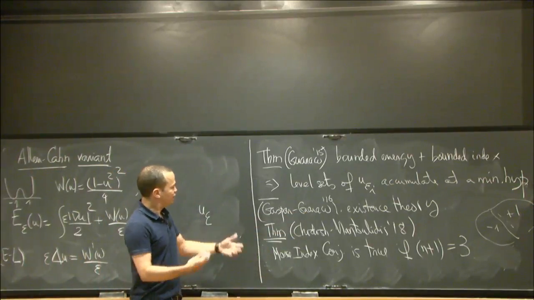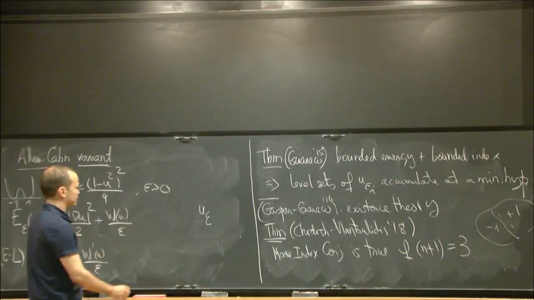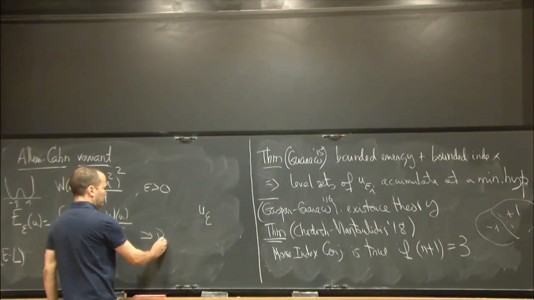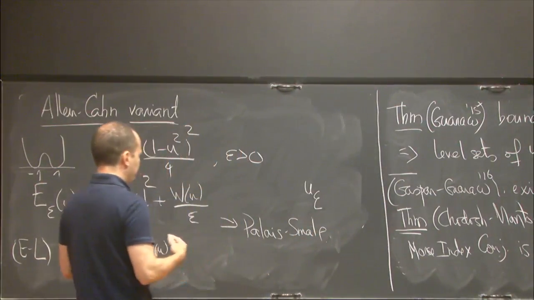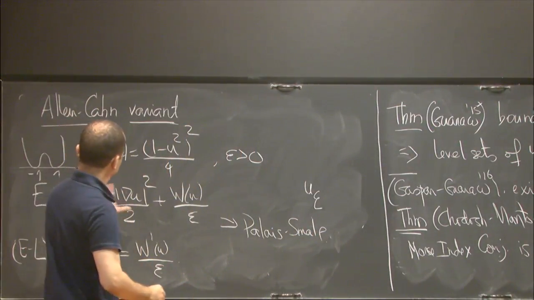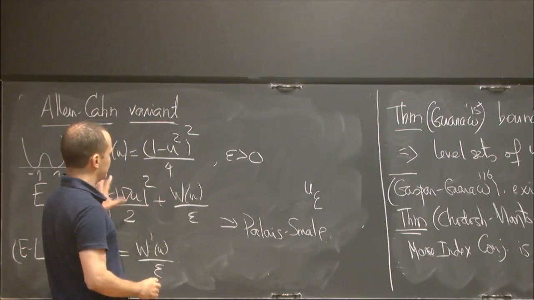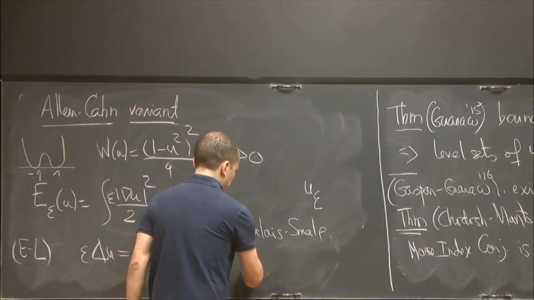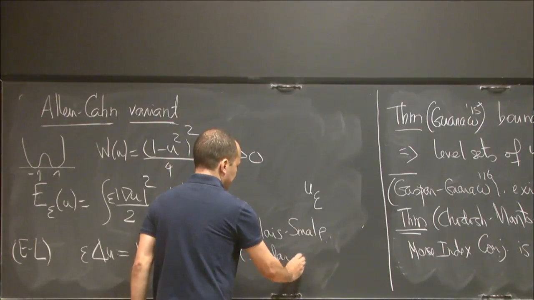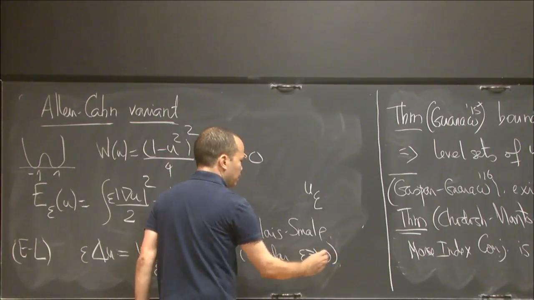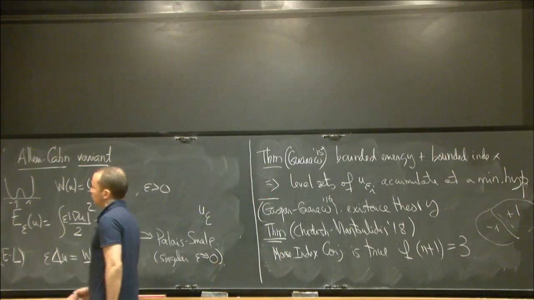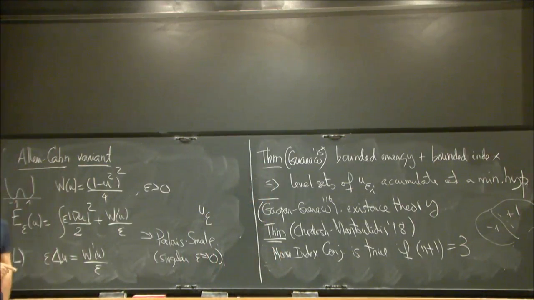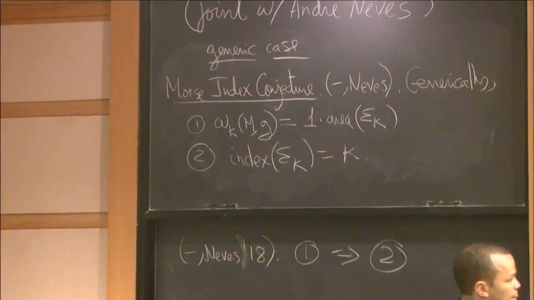But anyway, the advantage of using this approximation is that this functional is actually Palais-Smale. It's very unusual in geometry, since we are always working with something that is borderline Palais-Smale. So you can get a traditional existence theory for these. And of course, the problem is that you have a singular limit as epsilon goes to 0. But you do get an equation which helps. And with that equation, they are able to prove that the multiplicity is 1. And with the multiplicity 1 information, they also get the Morse index.